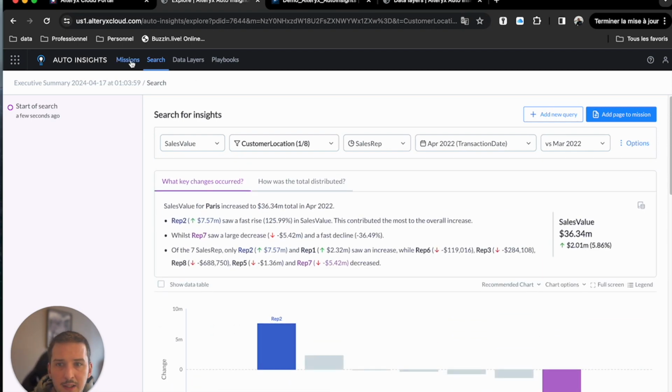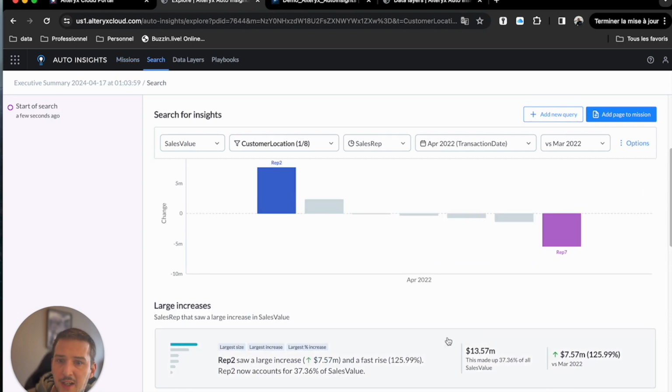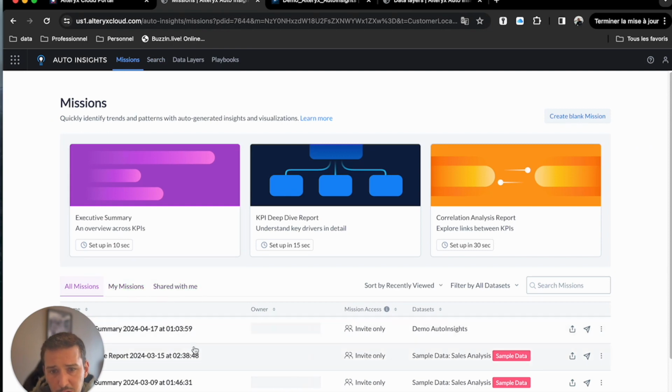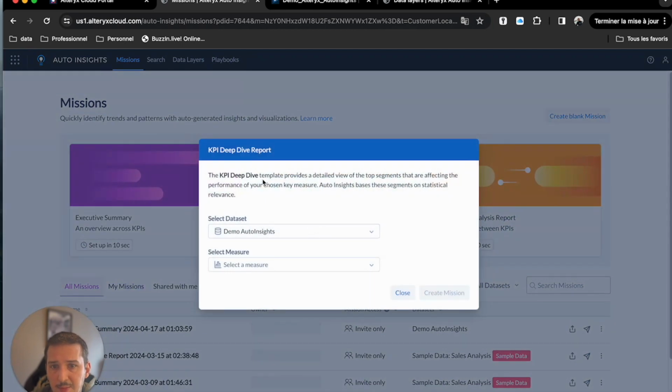So I'm just going through my whole data. Alteryx does all the analytics job for me, and I'm just there spending my time understanding maybe why this is happening, or why this rep is performing so well, and how his methods can be applied to the whole team maybe, or whether it is just luck on his side. So this is the first mission, executive summary, and then we can do a KPI deep dive, which is basically an